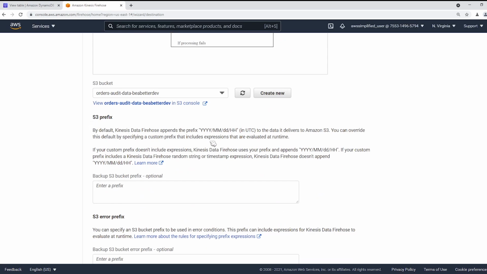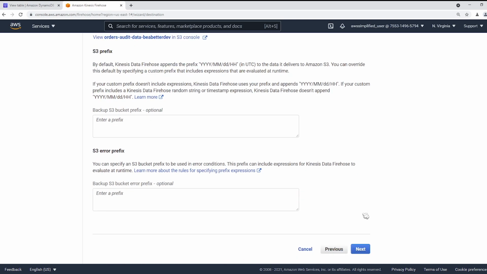S3 prefix. This is the part where it specifies the date format of the bucket folder structure when it puts data to S3. And this is why I like using Firehose. It's for this feature right here. If you were putting it directly to S3, you'd have to internally compute this and figure it out and create the subfolder structure as well, in addition to creating the files. It's a huge pain. This just makes it a lot easier. By default, it does it in this format, which is year, month, day, hour, which is good. So we are not going to touch this at all.